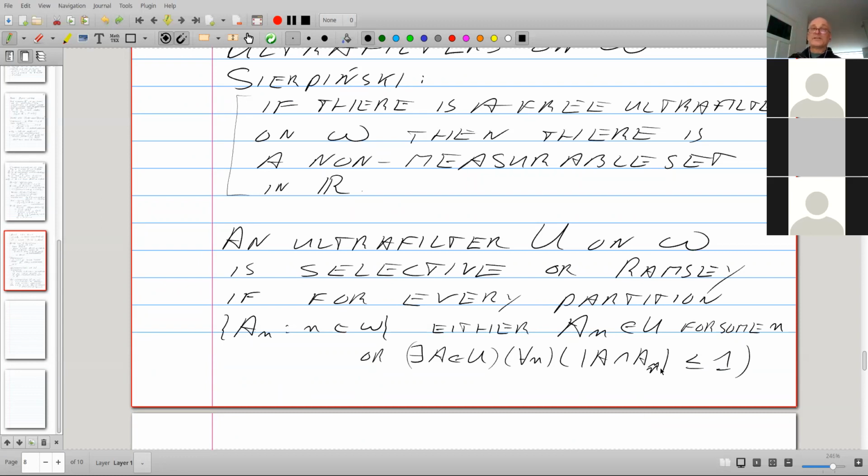An ultrafilter is selective. Well, the name almost suggests the definition. If you take a partition of omega, then the ultrafilter picks one of the members of the partition. And if it's not able to do that, it's going to be very selective and have a set that is almost disjoint from everybody. It meets every set in at most one element.